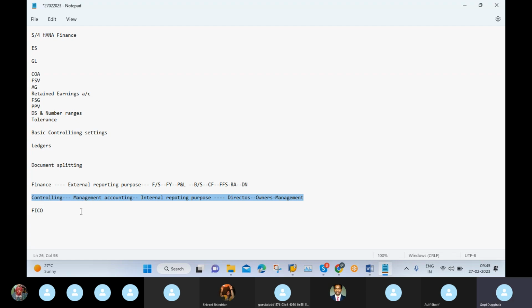What is the use of the controlling module? This module helps management take managerial decisions, especially. And the controlling module is very important, especially for manufacturing entities. If you consider any manufacturing entity, the controlling module plays the key role. Why? If you observe any product, what is the product's final price? The selling price, right? In the selling price, what are the elements we have?